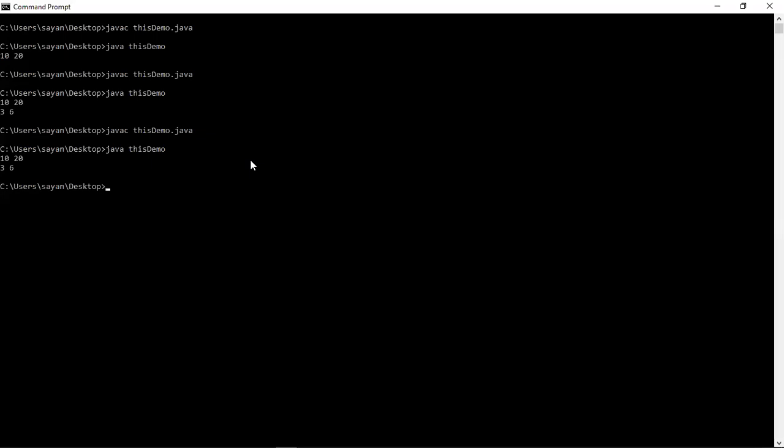If I want, I can also create more objects to show the difference between using and not using this keyword, but because it is not required, I have just used two objects. If any program requires, you can create more.